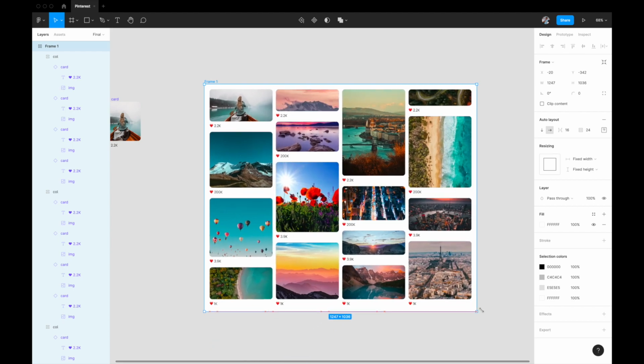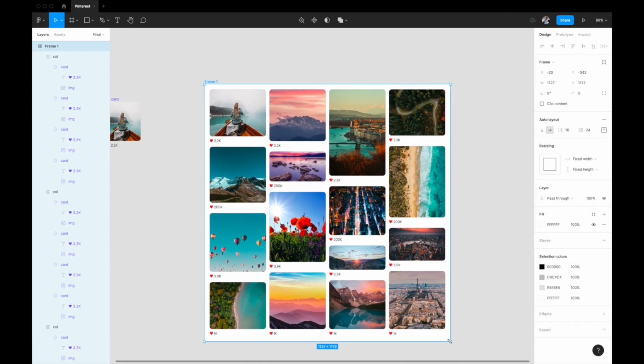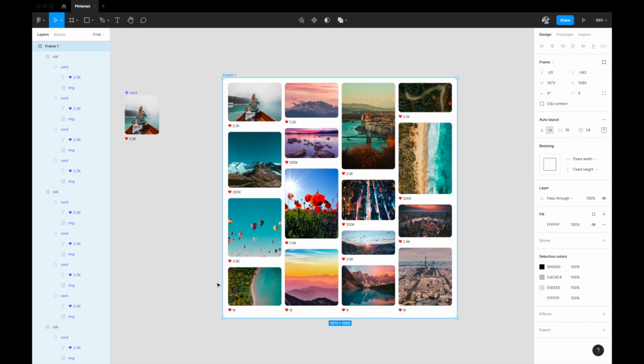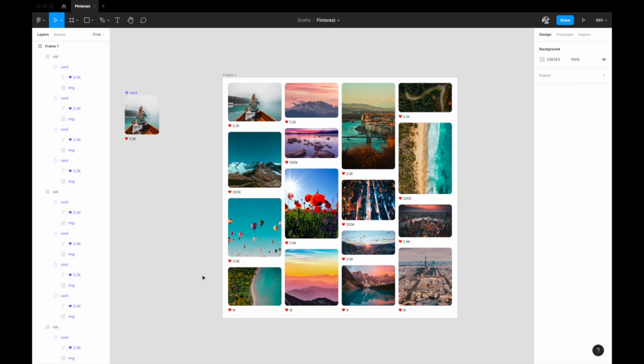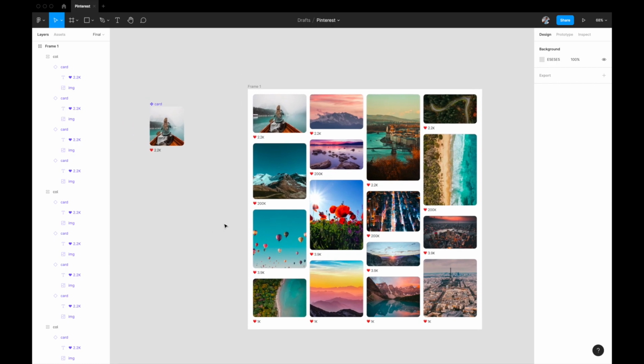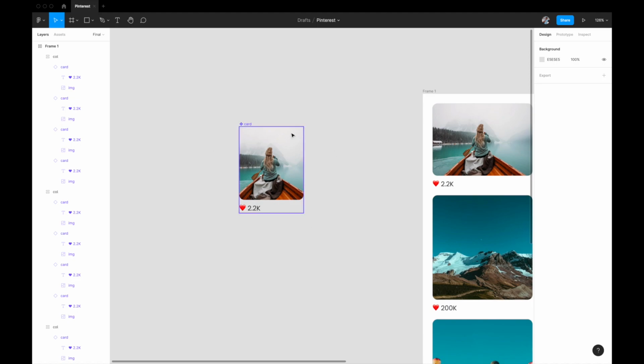and all of them will maintain all of their properties. And if you want to add more columns to it, you can, and it'll still maintain all the properties. So now let's quickly recap what we did. We did 3 things. First of all, we built this card, which you're seeing on the left, and we applied auto layout to it, and then we changed it to the component form.